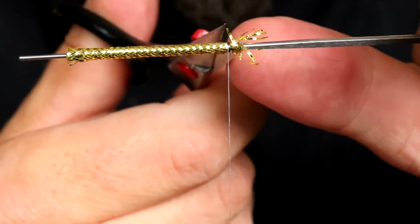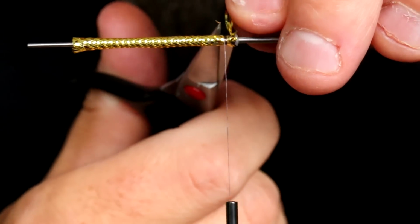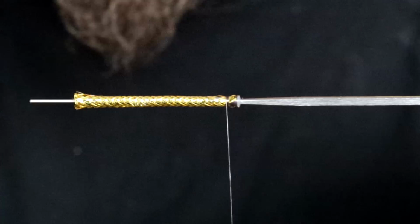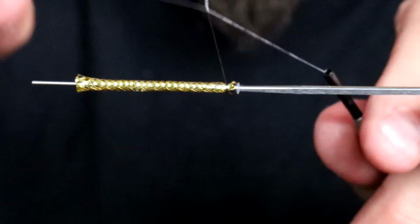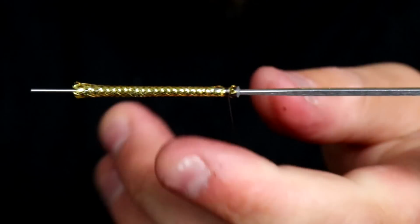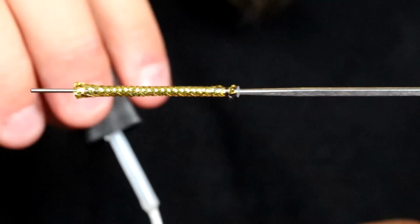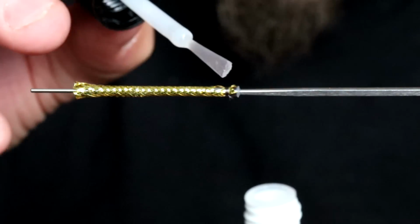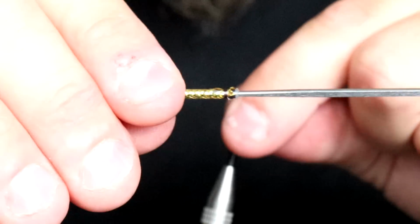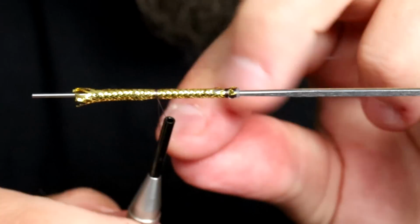I'm gonna cut everything off I don't need. Like so. Make a small finish. And this is simply just to make, you can do it with tinsel as well and stuff like that, but this is simply just to make a very fast, very easy golden body for this fly. Just gonna apply a bit of super glue down here, like so. And then I'm gonna stretch this out, and I want this fly to be not that big, so I'm gonna go up there and simply